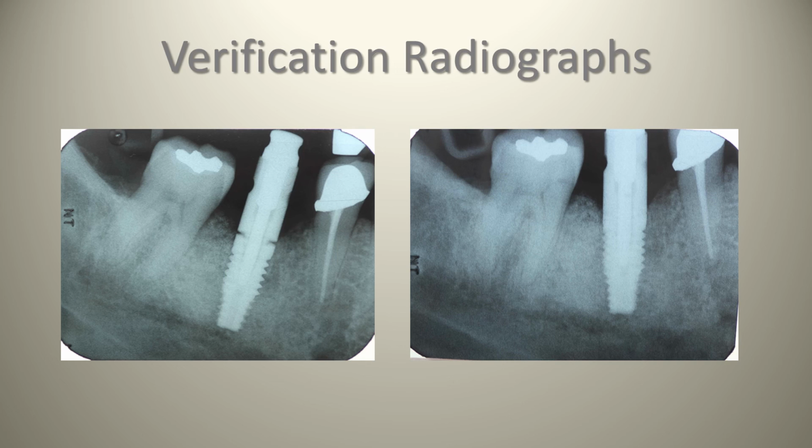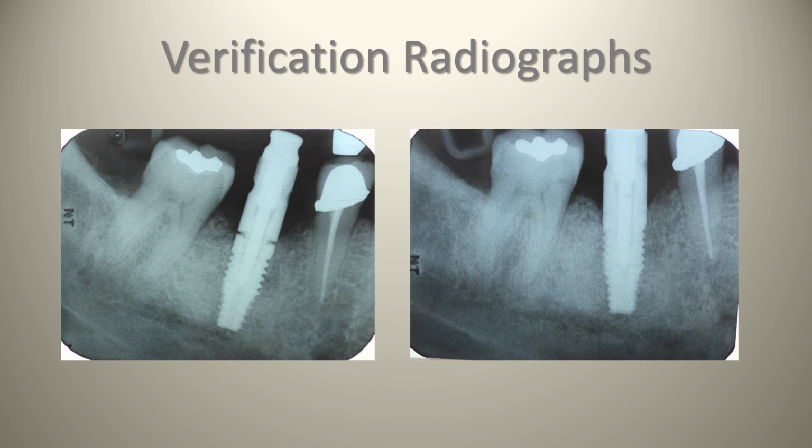Going to the next slide, basically talking about verification radiograph. The purpose of a verification radiograph is to ensure that your impression coping was seated. So you can see in the picture on the right that the impression coping is not seated. See, there's a black line between the actual fixture and the impression coping,